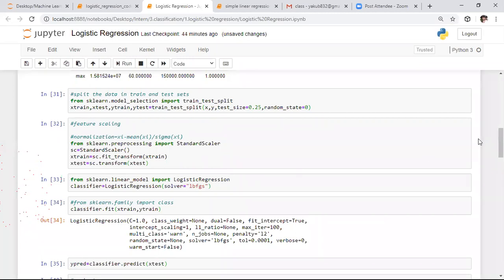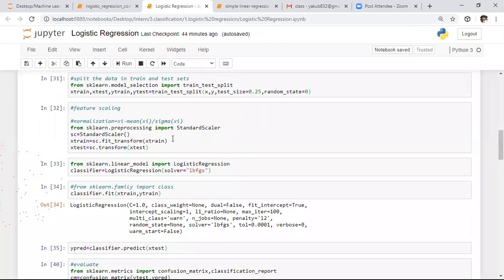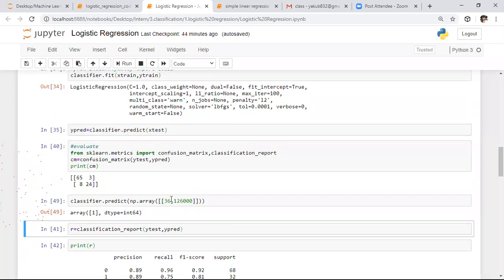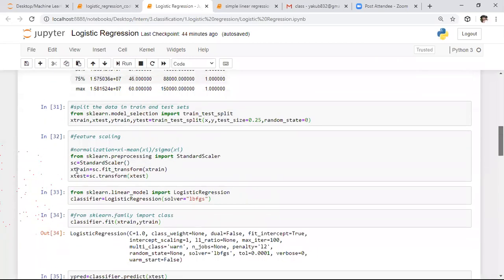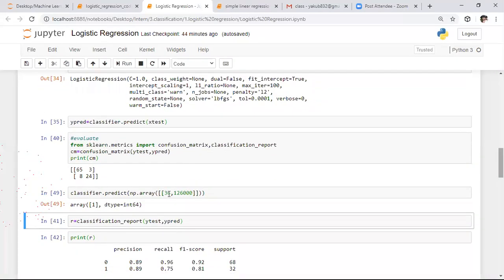Those values only. That's why here we did not fit the pre-processing step, the standard scaler, to this test set. Why? Because to predict the outcome, we need to specify the original values. If you want to specify the original values here, we need not perform that step. Whereas if you want to specify normalized values, then we need to fit transform in the test set. If you say fit transform there, we need to specify the normalized values. Whereas if you want to specify the actual values, we need to perform transform only. We need to apply the transform method only.